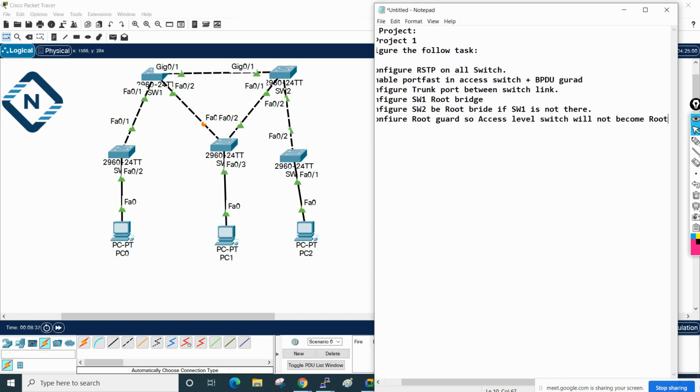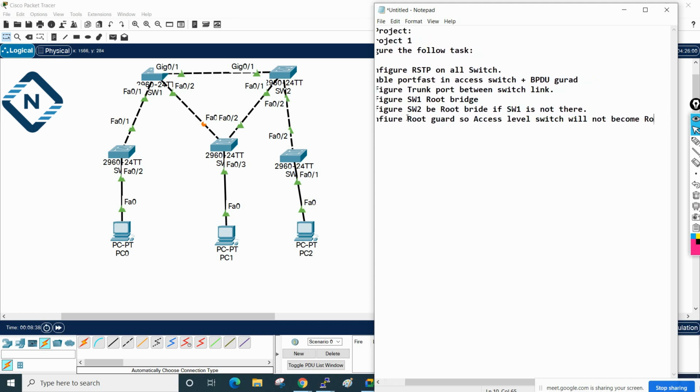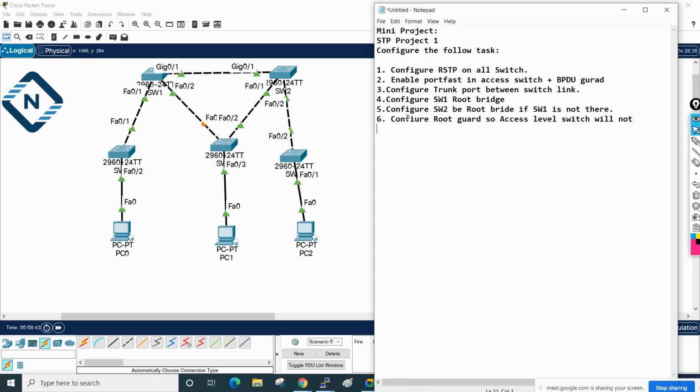Whatever you want, you can write root bridge, or let me put enter and we will put this one. So root not become root switch or king switch or root bridge. Okay, this is a scenario.